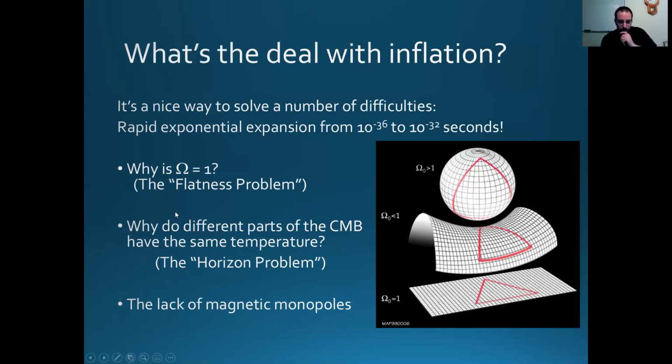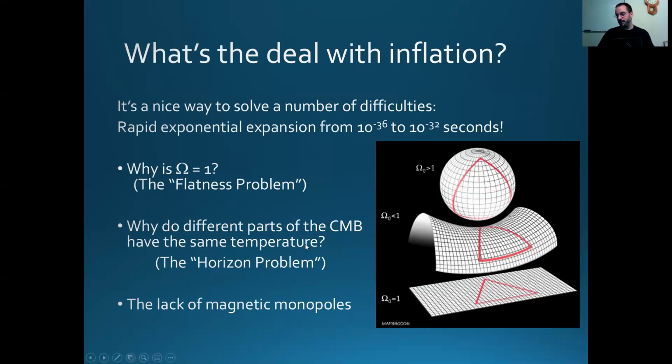There's another interesting question, which is why different parts of the cosmic microwave background appear to have exactly the same temperature. Now, the reason why that's interesting is these points are so far apart from one another that there's no way that light could have traveled from one point to the other in the time that the universe had existed up to that point. So in other words, there's no way for them to get their story straight. Temperature implies some sort of thermal equilibrium, right? If I pour a hot cup of water into a big gallon jug filled with cold water, the water doesn't equilibrate right away. There's going to be kind of a hot blob of water floating around in there. Eventually it'll spread out, but it takes time to do that.